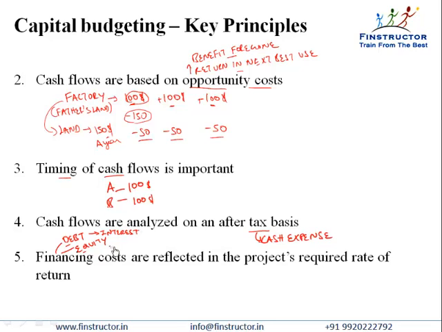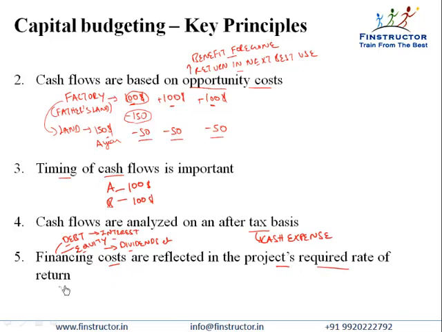In the case of equity, I need to give a return on equity. I may sometimes be obligated to pay dividends, etc. So there are costs of raising financing or raising money. Interest and dividends are some representations of these costs. But remember, guys, that financing costs, cost of debt and cost of equity, are both accounted for in the project's